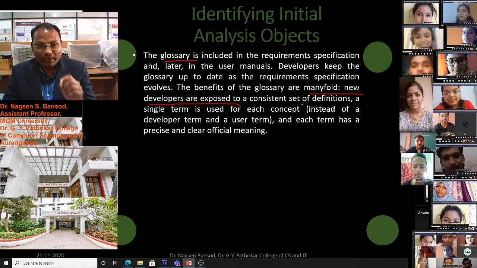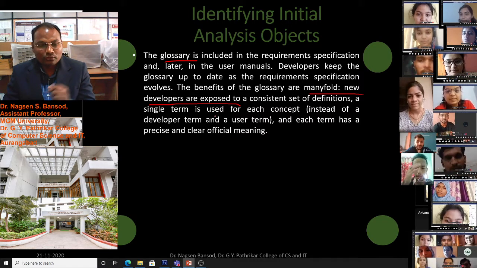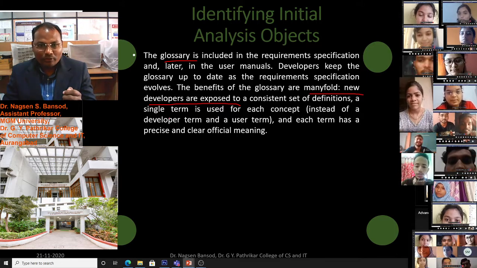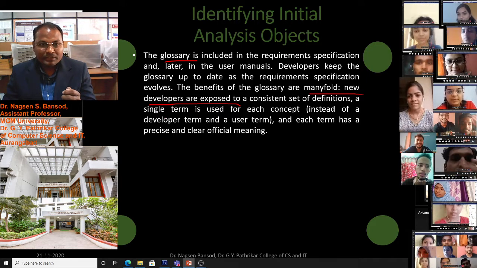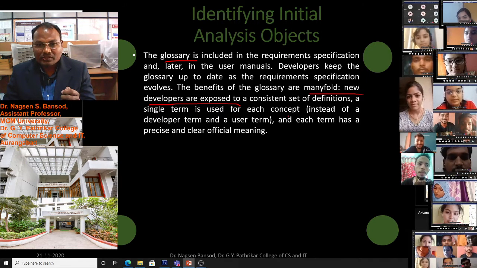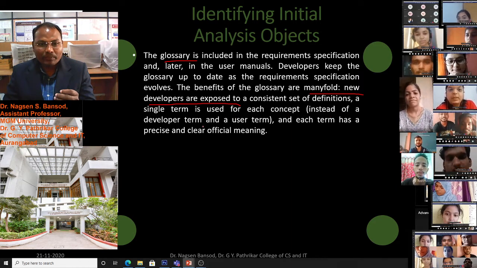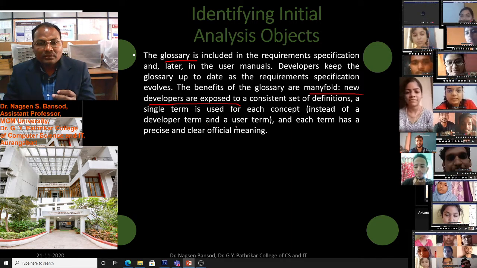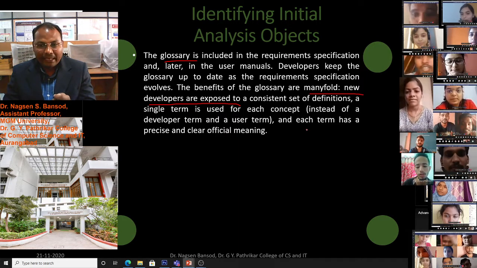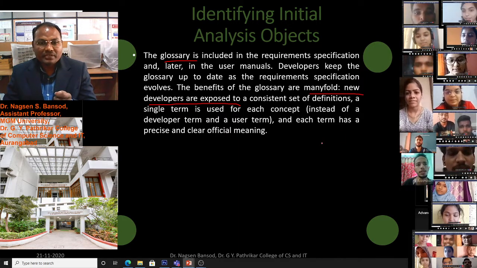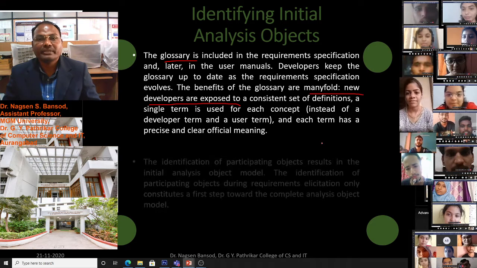If the definition is provided in the glossary, then it will be easy for new developers to understand. A single term is used for each concept instead of the developer term and the user term, and each term has a precise and clear official meaning.